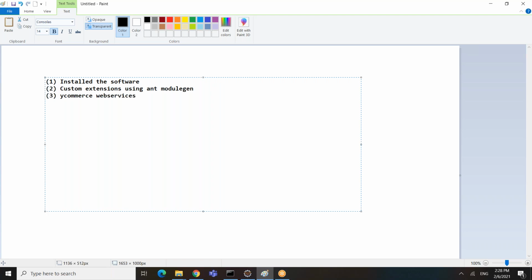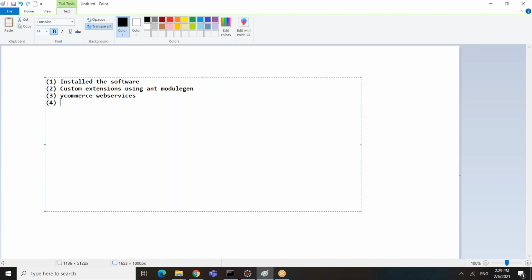But if you want to do any customization, or build any new service, we cannot do it in the out of the box commerce web services. So we have to build our own extension and do the customization there.